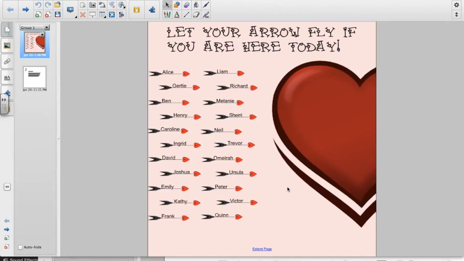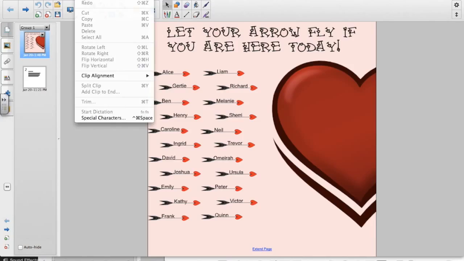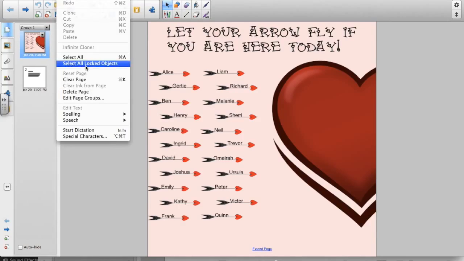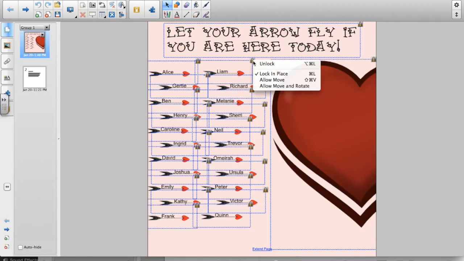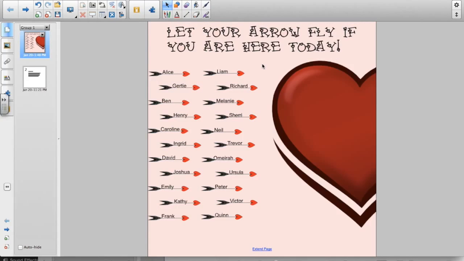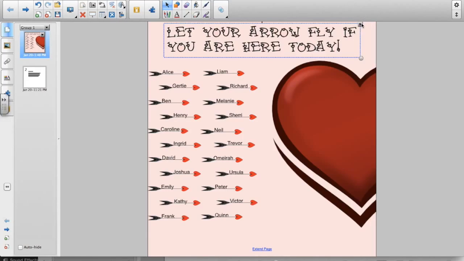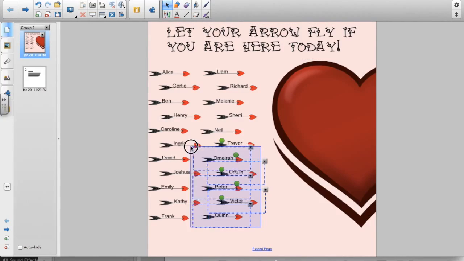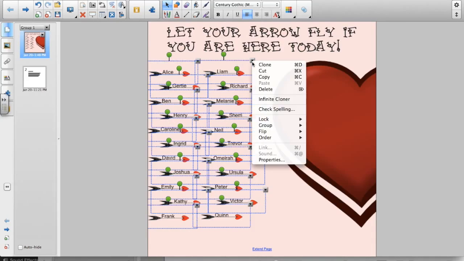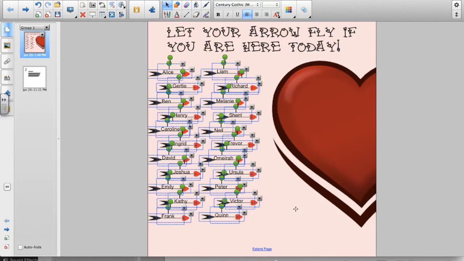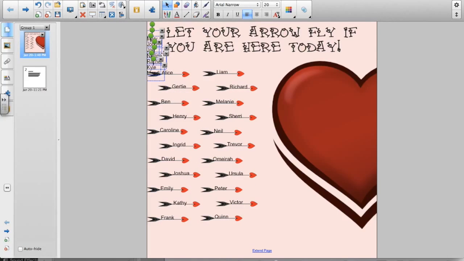Okay, so to recap, we took the whole page and we went Edit, Select All Locked Objects, and then we clicked in the little lock in the object and we said unlock. Then we clicked in the title and in the heart, and we locked those again. Lock in place. And then we did a big rectangle over all of the names. And then we ungrouped them. And then now I'm going to paste my other names